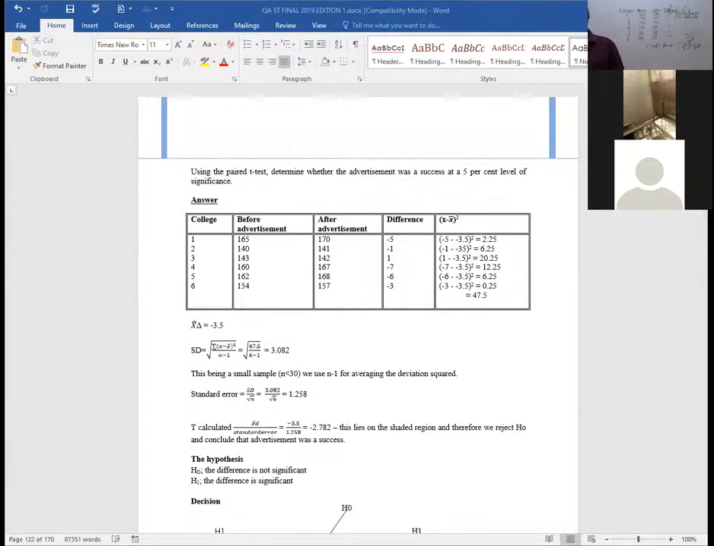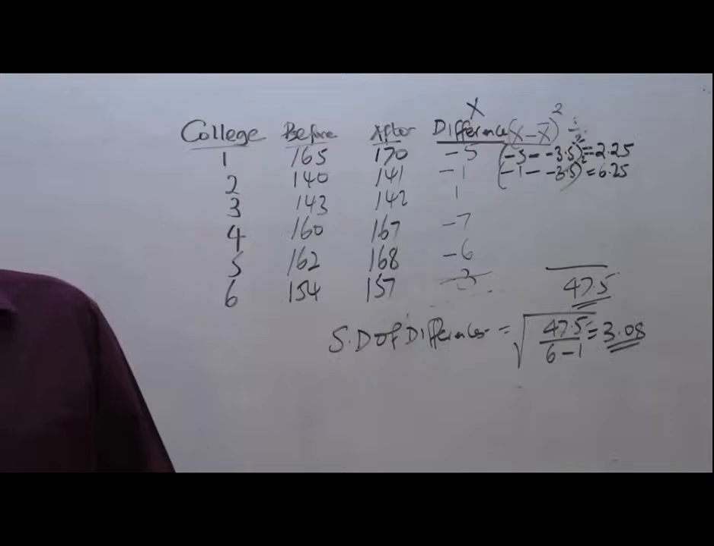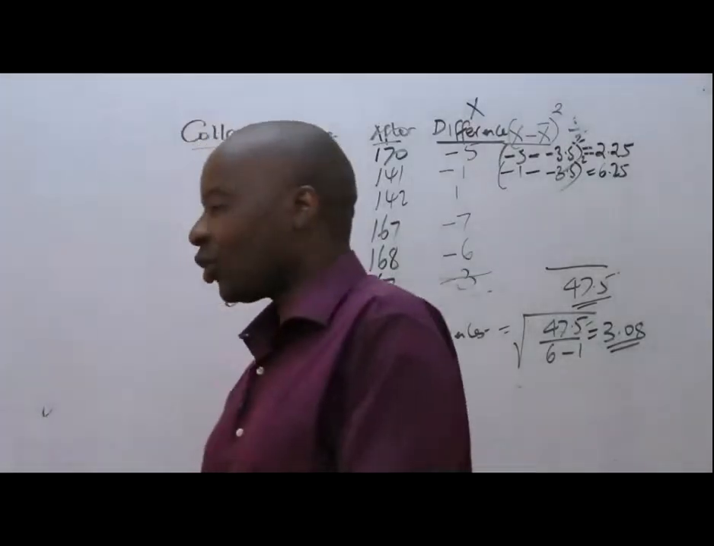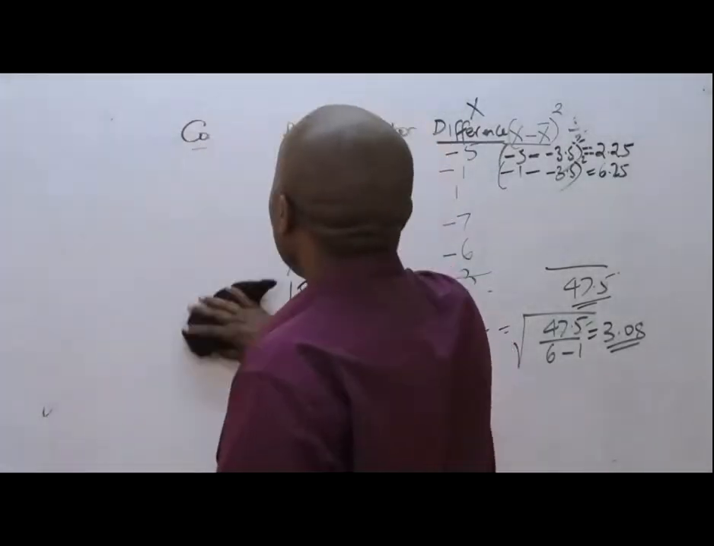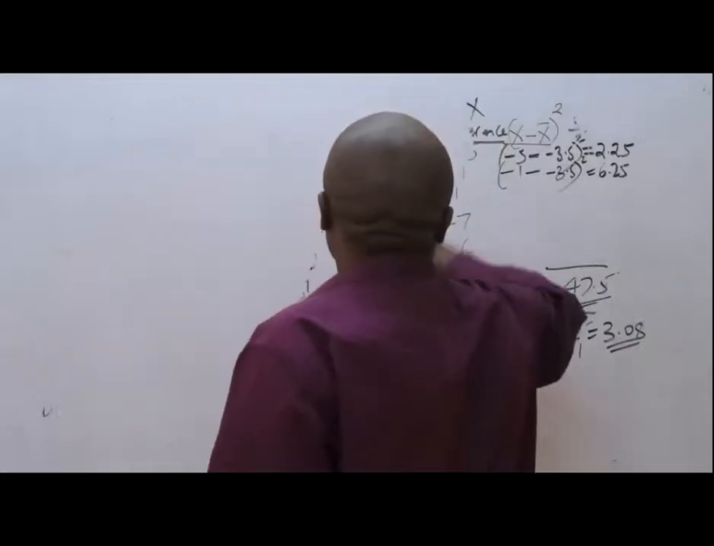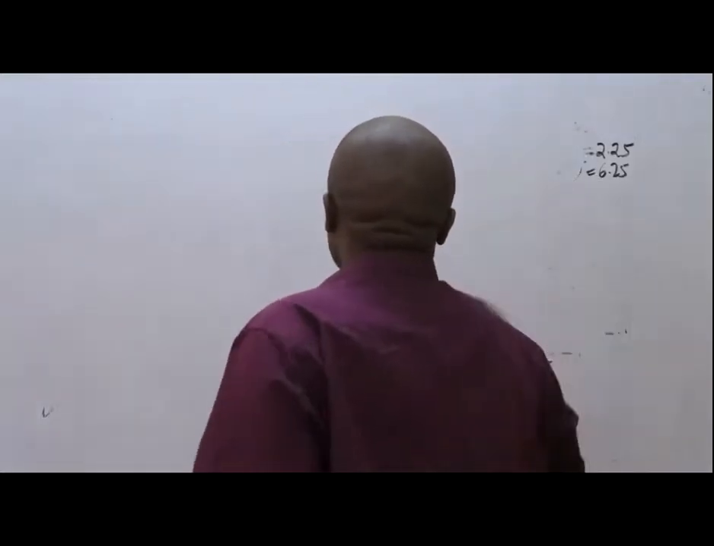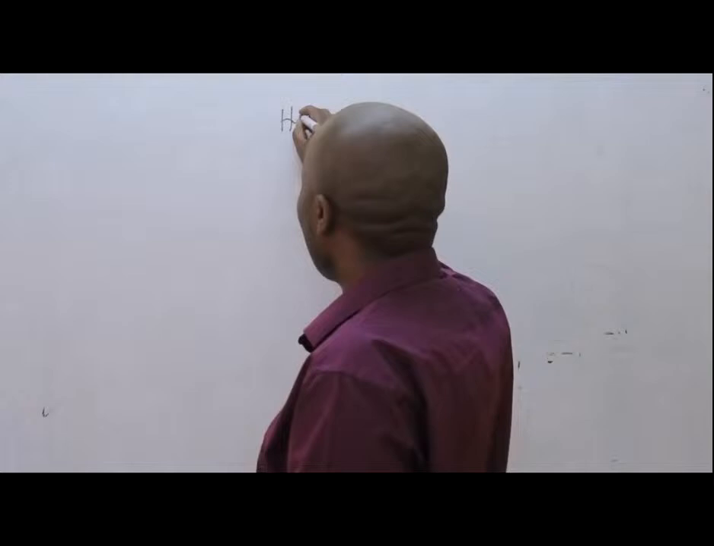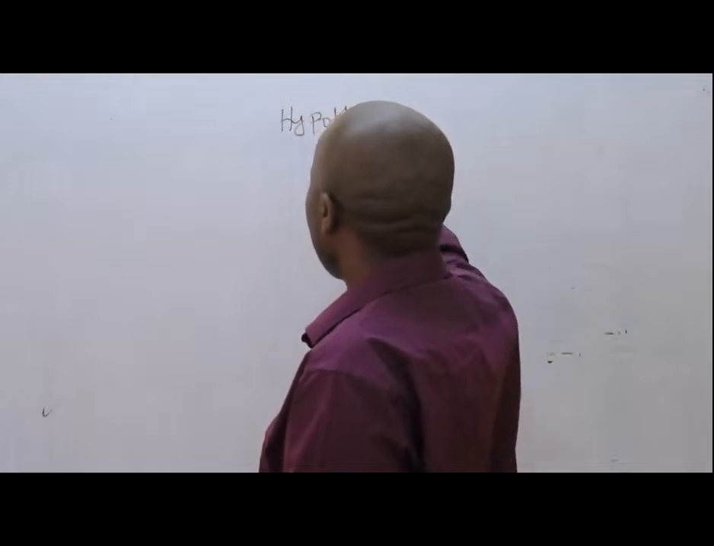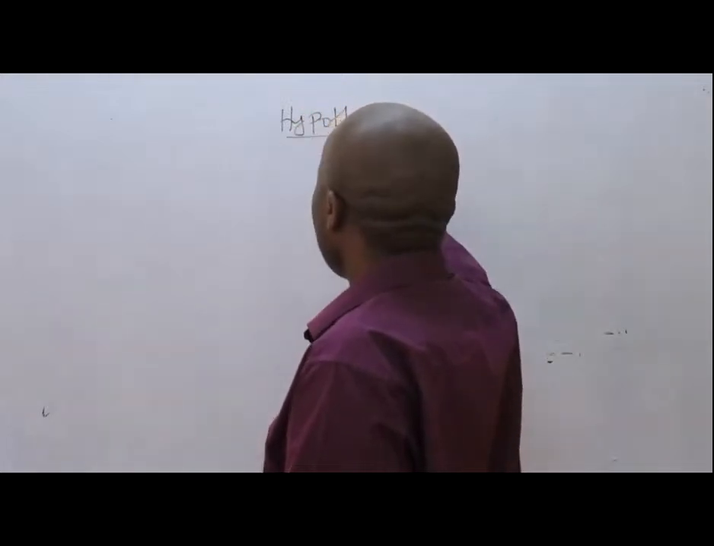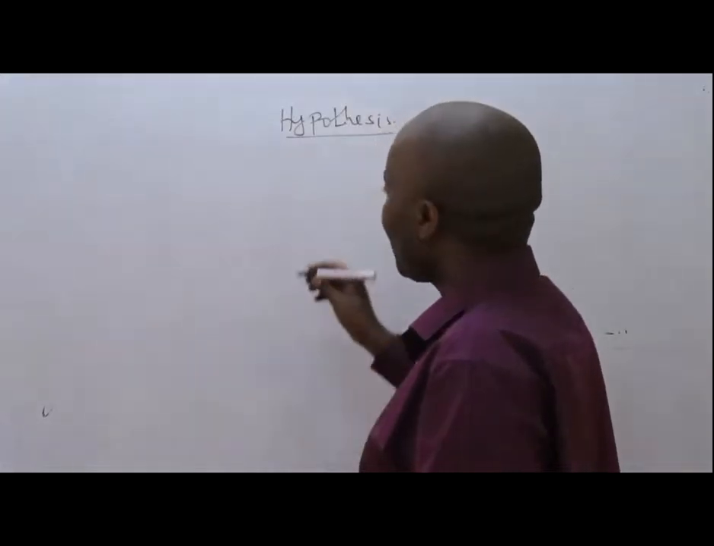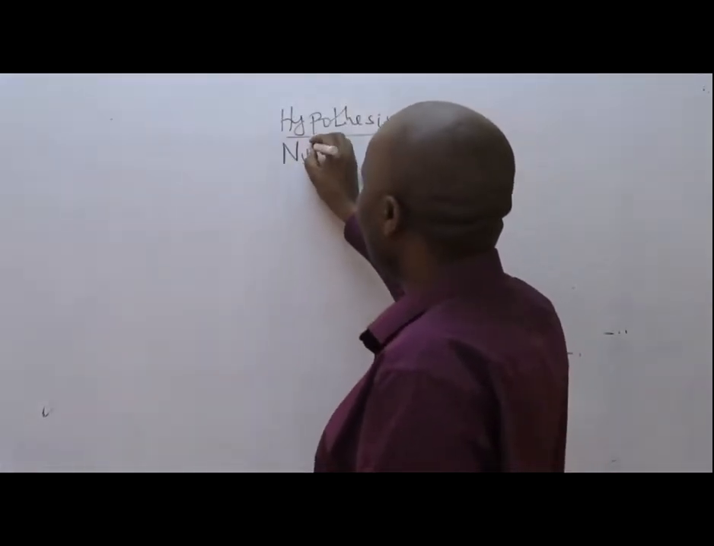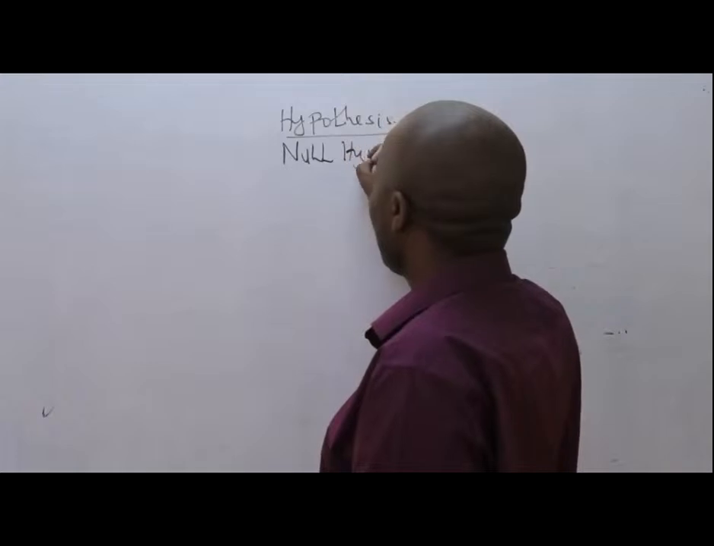Now let's start doing this question procedurally. The normal procedure would be, first of all, we set the hypothesis. So the hypothesis, we begin with the null. So the null hypothesis,